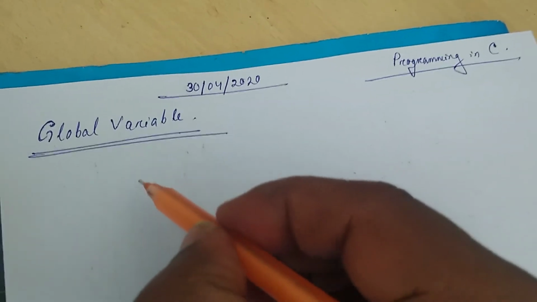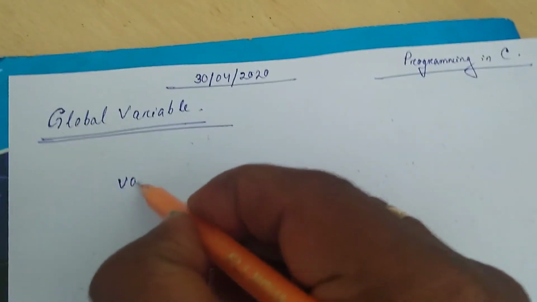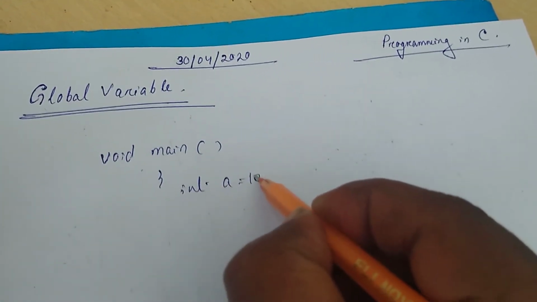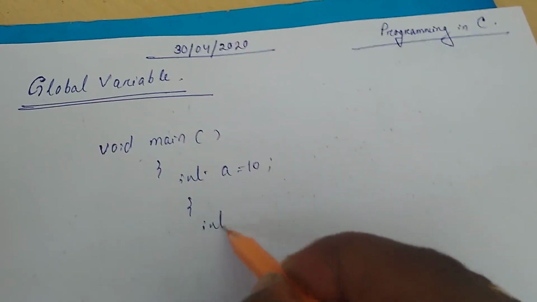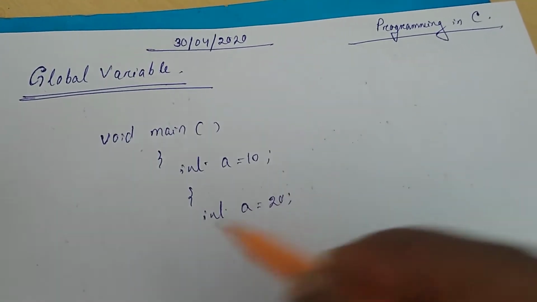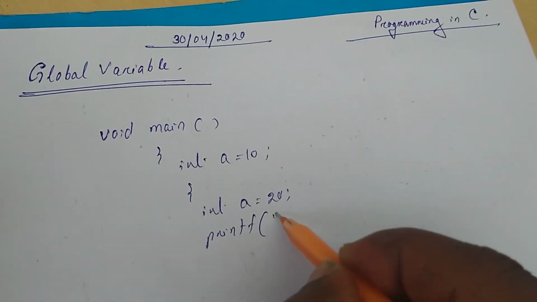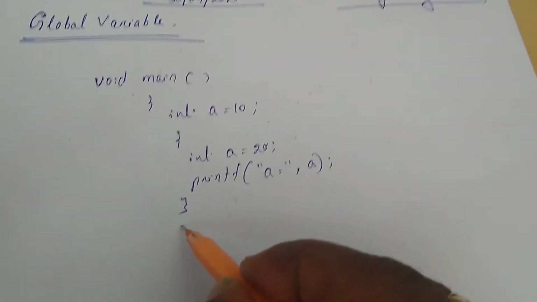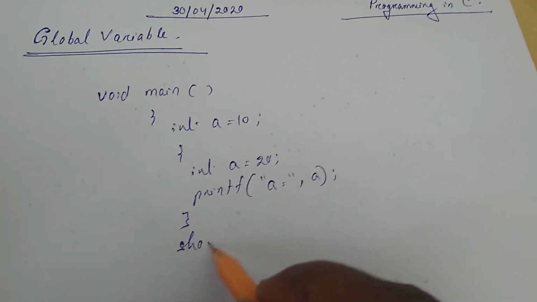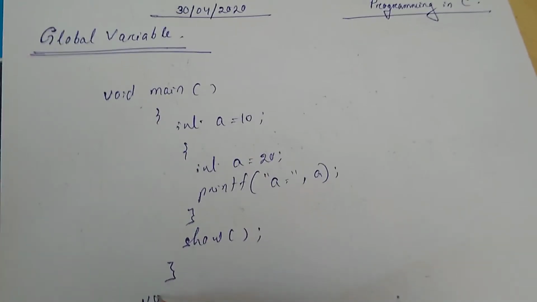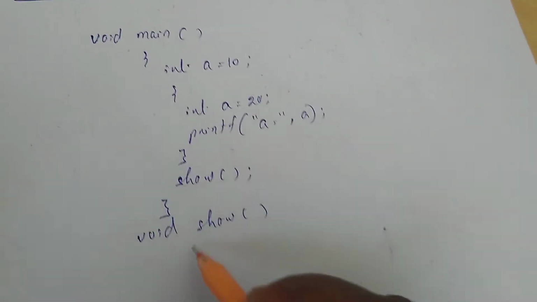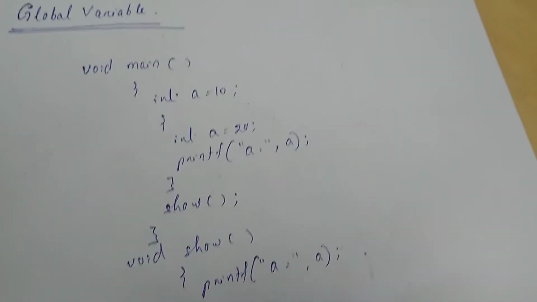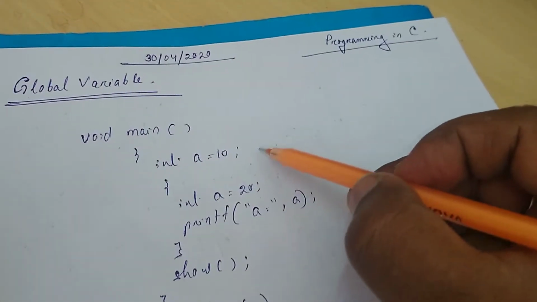So we have seen the local variable. For example, if we see void main, int a equals to 10, suppose int a equals to 20, printf a equals to a, then suppose we are calling another function, show function, and void show, printf a equals to a. So see here a is a local variable,